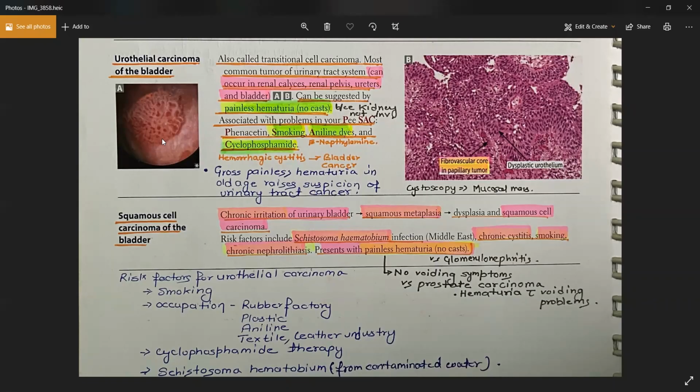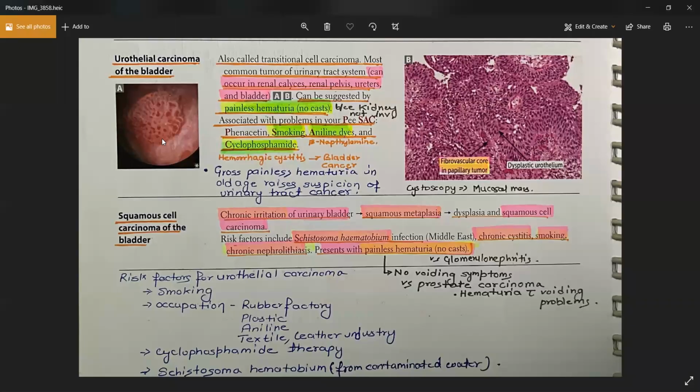And if they ask you how can you say whether the patient has a good prognosis or a bad prognosis? This could be done with the help of TNM staging. On the TNM staging, you will look for the depth of invasion. If the cancer has invaded into the muscular layer, the detrusor muscle, that means the patient must have a very poor prognosis. If the cancer is still limited to the mucosa and submucosa, that means the patient has a very good prognosis.